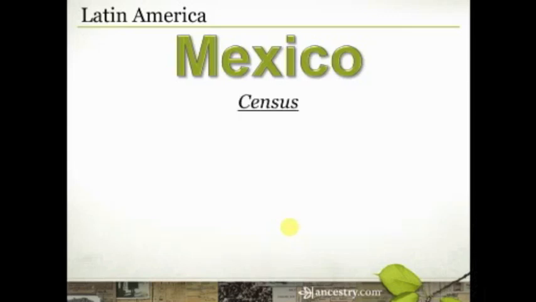So, first off, as genealogists, oftentimes our brain automatically goes to the census. So I just Googled Mexico census just to see what I could learn about what came up. And here are some of the things that I learned. The earliest Mexican census was actually taken in 1689 by the Spanish government. And that particular census is actually held by the Spanish government in Spain. And so you can go there and at the National Archives view a copy of that.